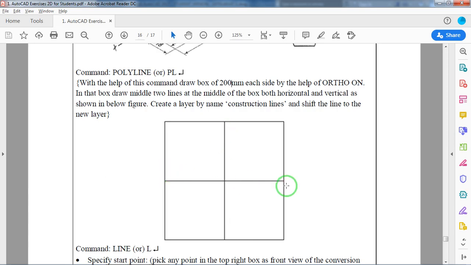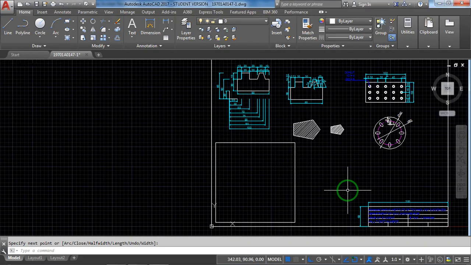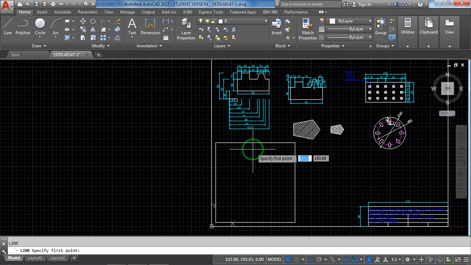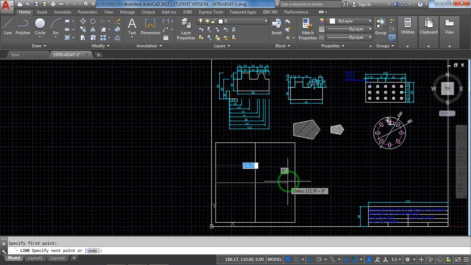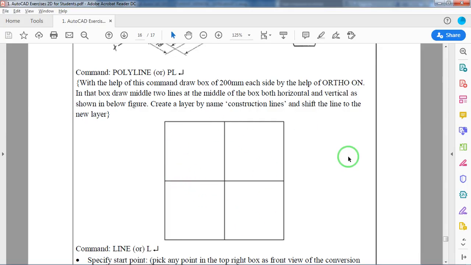And here, horizontal and vertical, you can do directly with the help of the line command, L, enter. At the middle you are supposed to draw, right? When you can see the midpoint here, just click with the mouse up to this middle point, enter. Same next, line command again, line, enter. Vertical middle, we have to pick with the mouse, that's direct entry. We have created this box.